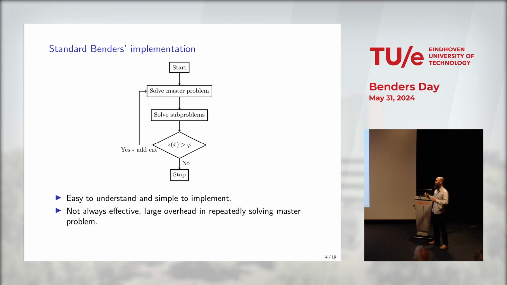And so this is, I guess, the traditional setup. So we solve the master problem, and then given the solution to the master problem, we solve our sub-problems, and then we have some kind of optimality check. Yeah. And so we go to this. This could be your textbook approach. It's easy to understand. You can implement it fairly easily. It doesn't take too much effort.